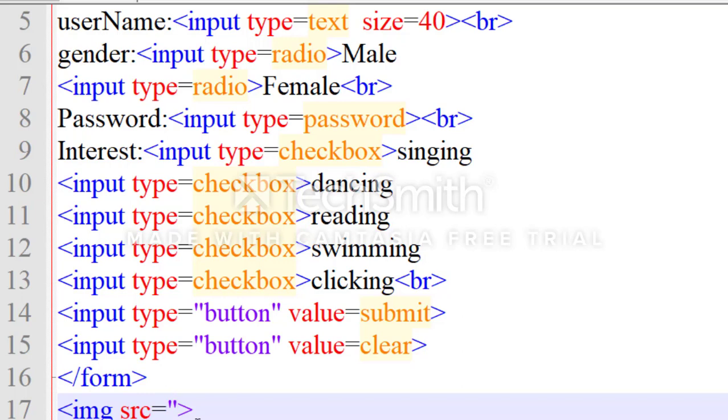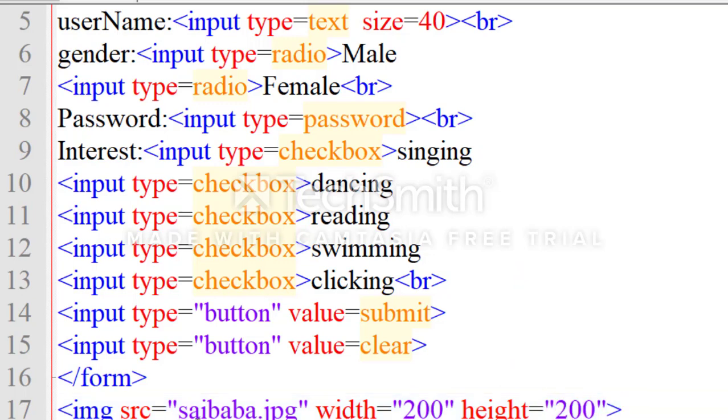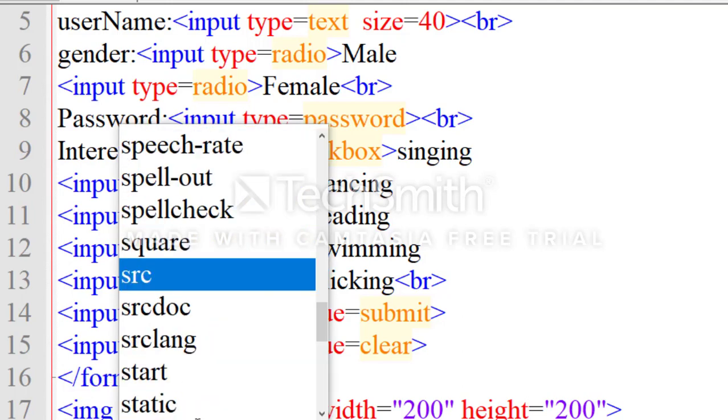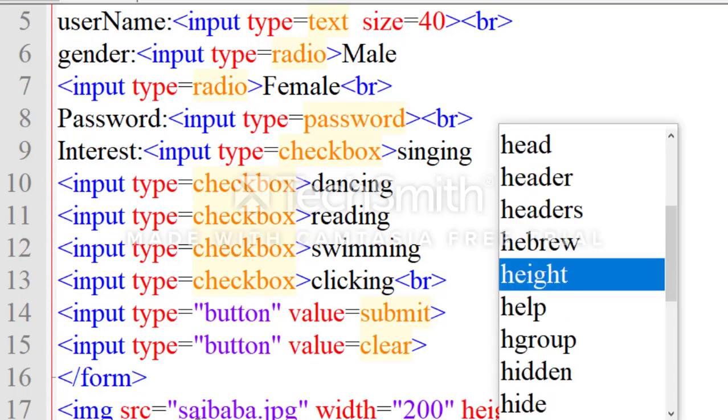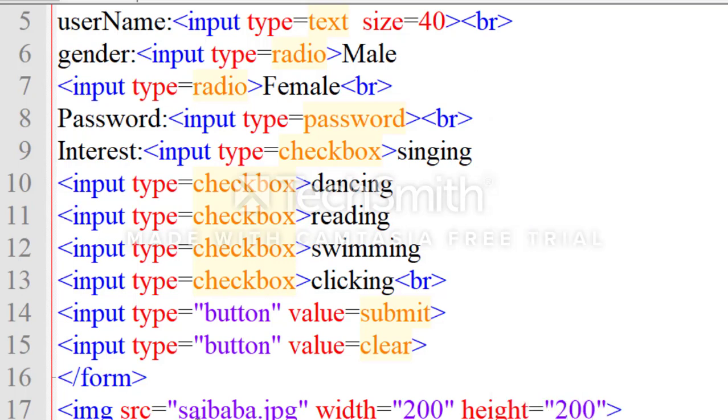Now img src equals to, in double quotes, Sai Baba dot jpg, width equals to 200 and height equals to 200. Again img src, because I want two images, equals to Mahavirji dot jpg, width equals to 200 and height equals to 200.